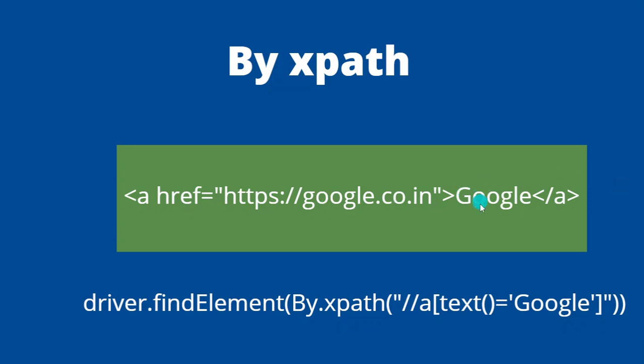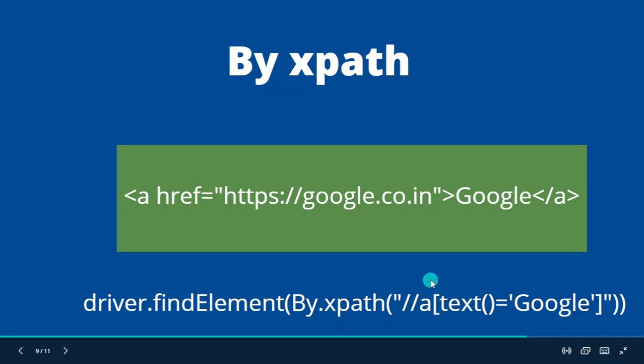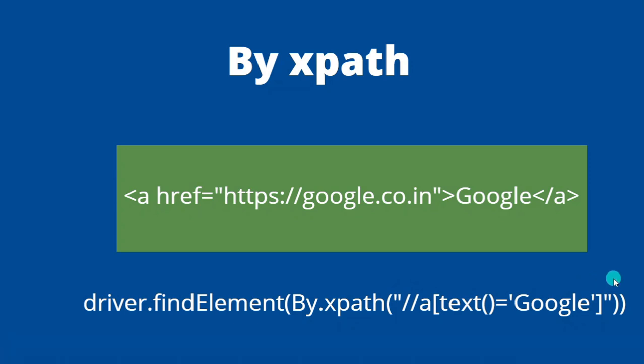Let's say we have got a link named Google, and as it is a link, it has the anchor tag. To write the XPath to find this link Google, we write it as by.xpath, which will be followed by the tag of the element, and we have got the anchor tag here, and that is followed by the square braces with the attribute and the value. So we have got the attribute here, the text, and what is the text of the link here? It is Google. So we will be writing text equals Google. So this is the format for writing the XPath of the element.